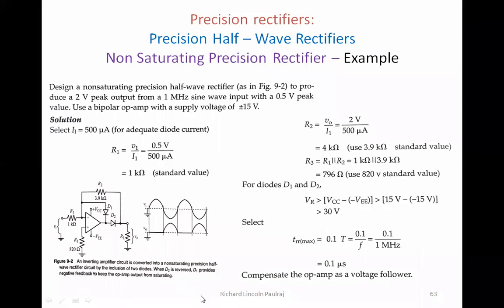So initially, we don't have these values, right? We don't have these values, and then we will start finding out one by one. So R1 becomes 1K, right? And of course, this is a standard value, and we can use a diode for that. Similarly, now R2, let's calculate how R2 comes. So we know that the output voltage should be 2 volt peak to peak, right? And I1 we have, of course, 500 micro. So when we do a quick division, we will be getting about 4